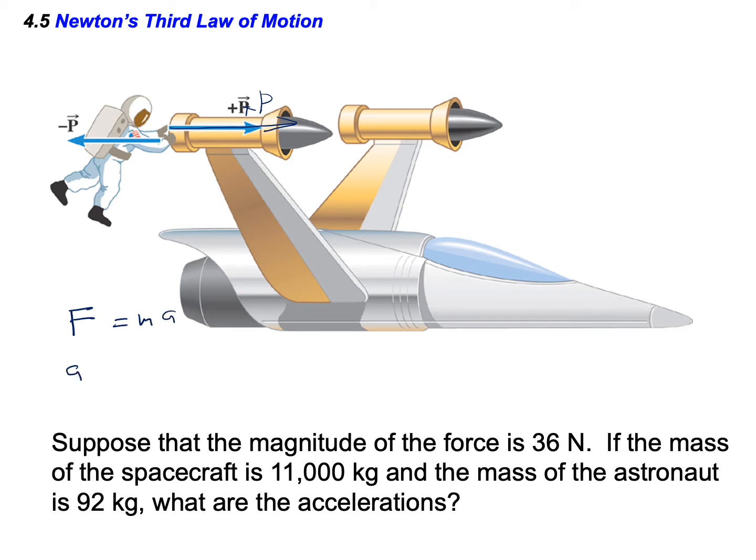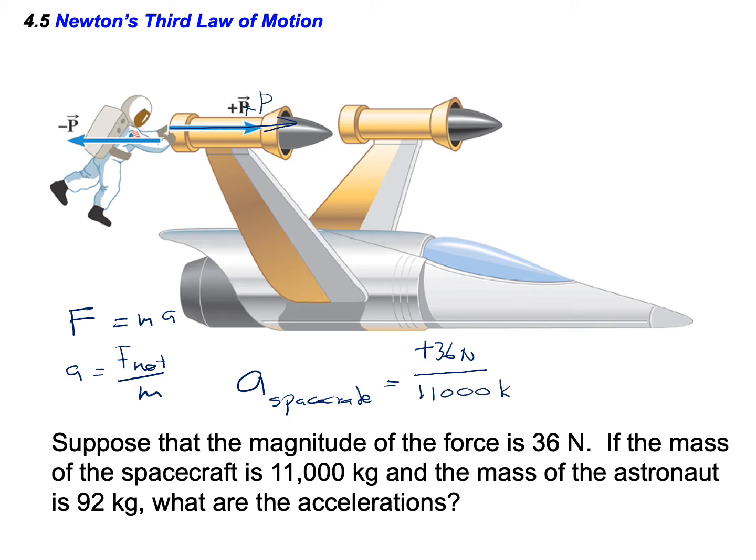If you want to calculate the acceleration, we can use net force divided by mass. So to calculate the acceleration of the spacecraft, you have to use the net force on the spacecraft, which is plus 36 Newton, divided by the mass of the spacecraft, which is